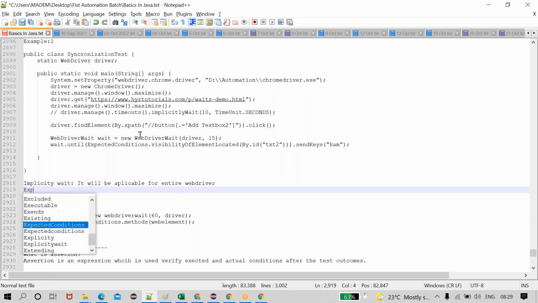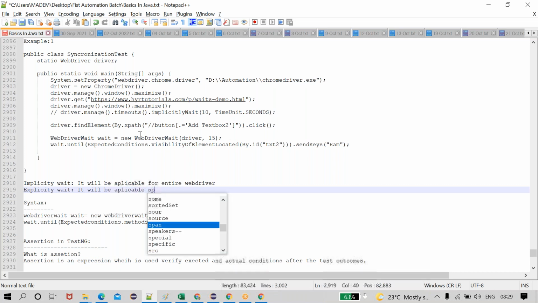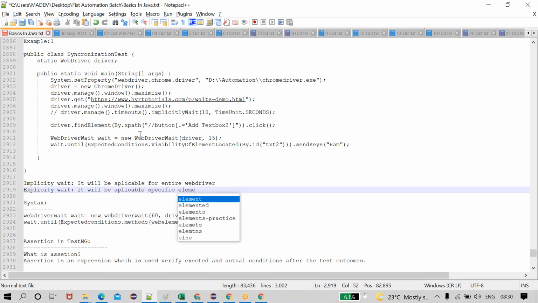Whereas explicit wait will be applicable for specific elements based on conditions. If we have a condition, for example if this element will be enabled or disabled, then that particular element will be waited for.